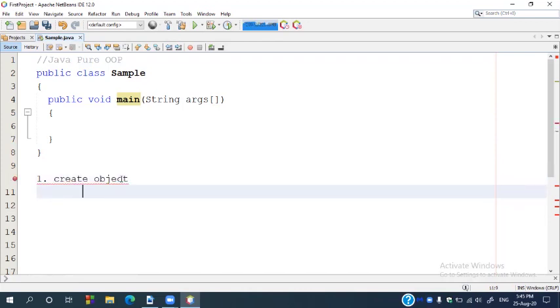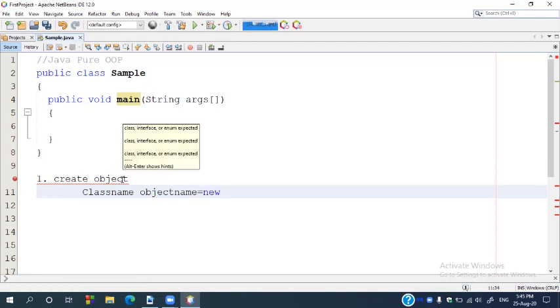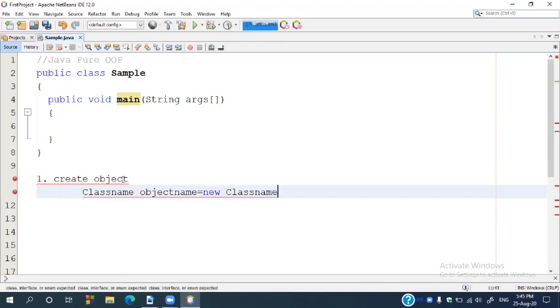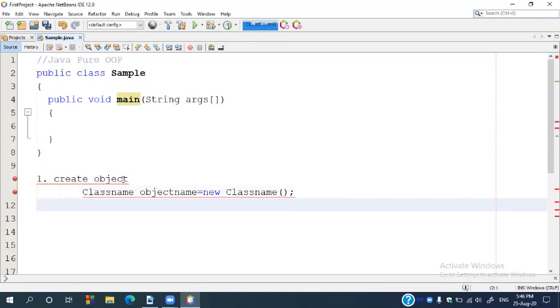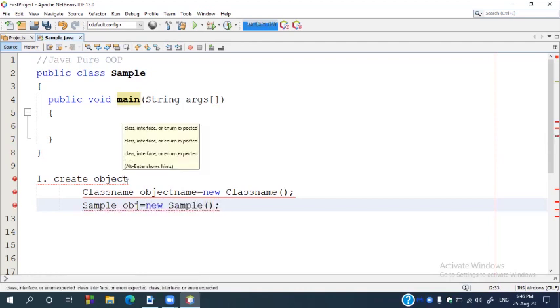The syntax for creating an object is class name, followed by object name, which can be any valid identifier, equal to new class name. For example, if you want to create an object for the sample class, let's say the name of the object is obj, it is obj equal to new sample. This is the first step.